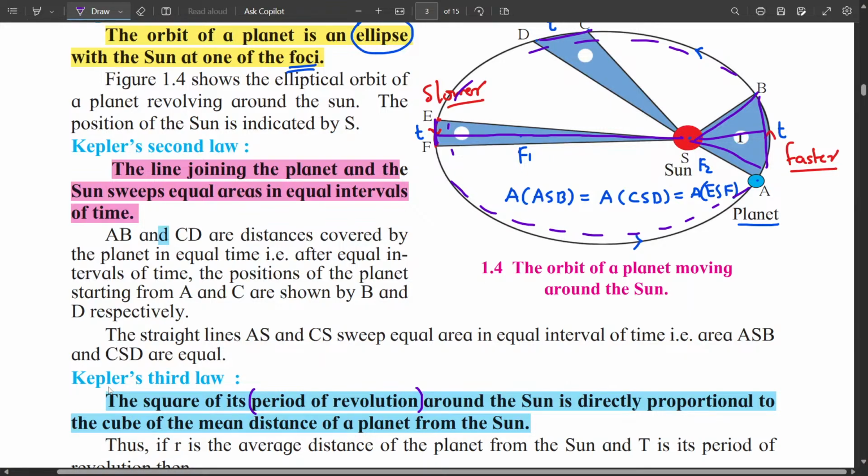1 year of that planet, just as Earth has 365 days in a year. That means Earth takes 365 days to complete one revolution around the sun. So this period of